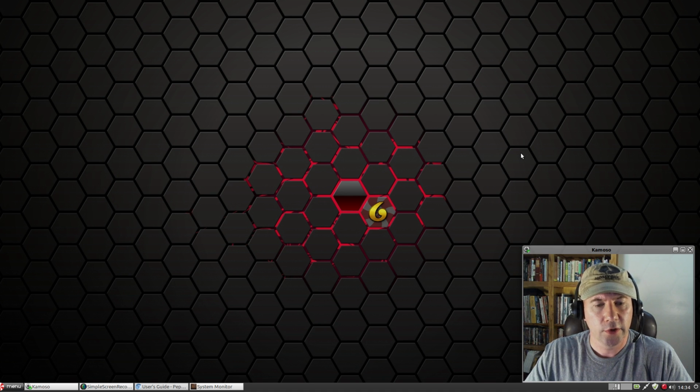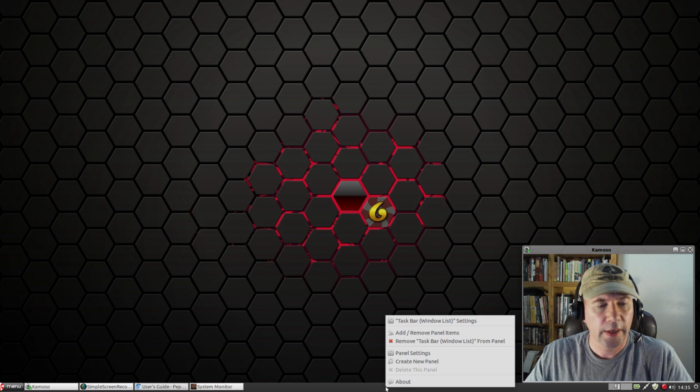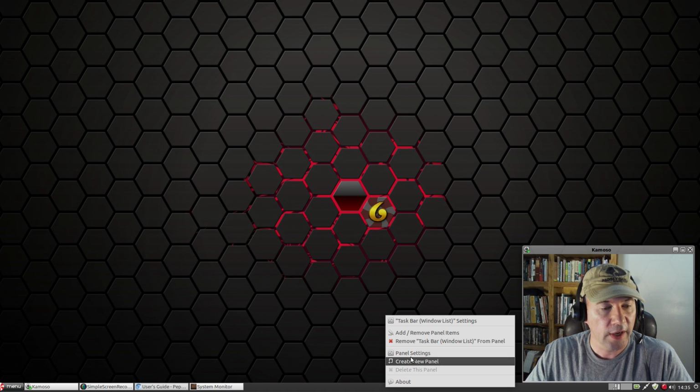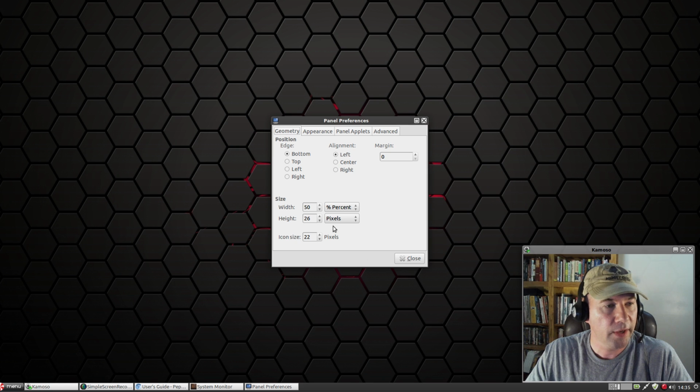Speaking of the dual monitors, the one issue that I ran into with setting up dual monitors, once you set it up so that you've got a side-by-side deal as opposed to mirrored displays, is that the system wants to stretch your panel across both monitors. Now the way I fix that, if you don't want it stretched, it's not a big deal, but the way that I fixed it was I went into panel settings,